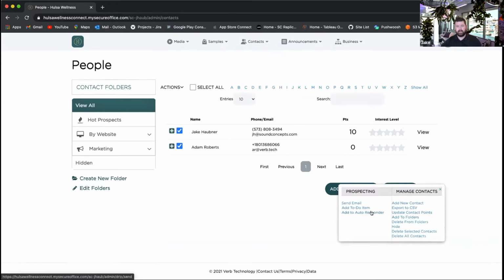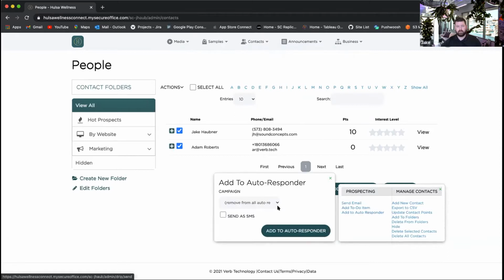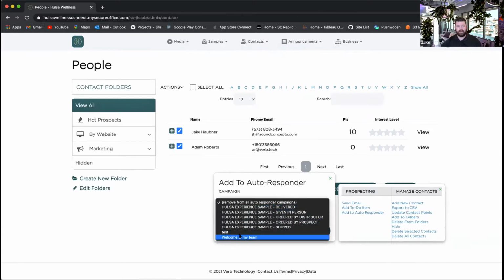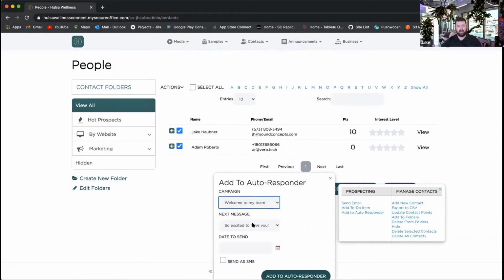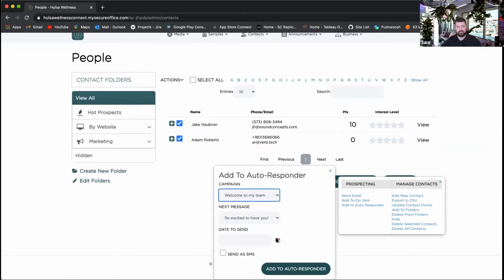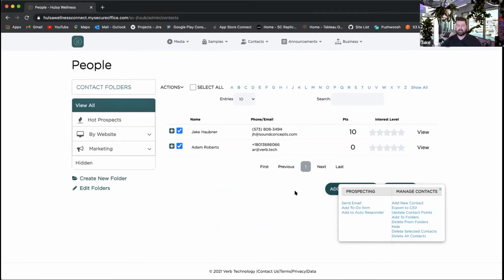And then there's going to be an add to autoresponder. That's going to pull up my autoresponder, my email drips that I just made, right? So now I can choose when I want to send them and then add those people to the autoresponder. As you can see, this can be a really robust tool for getting a lot of things done fast,